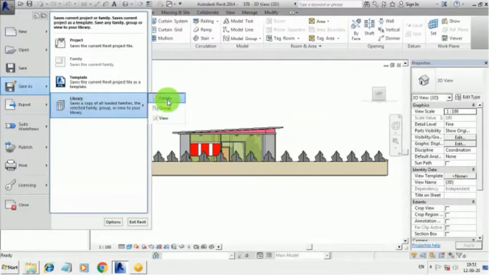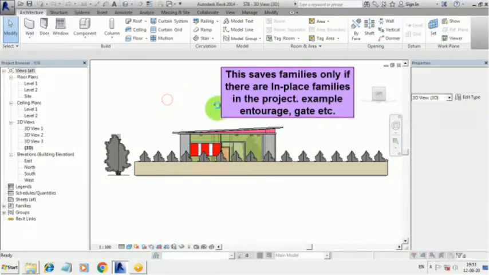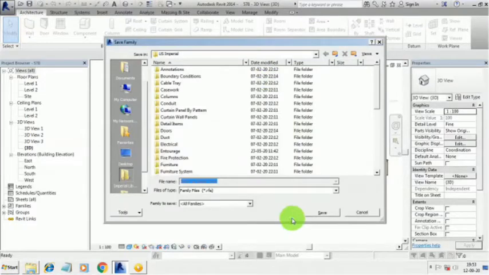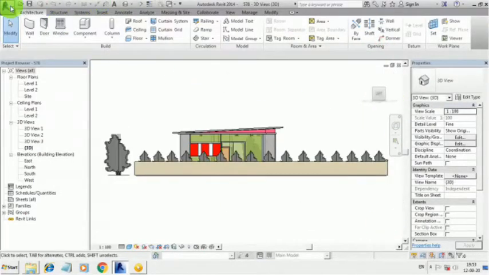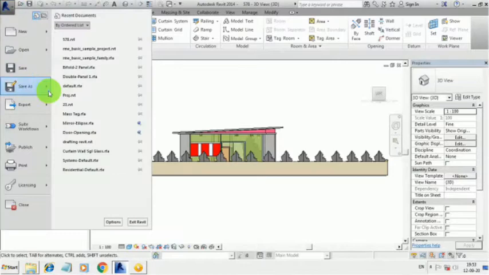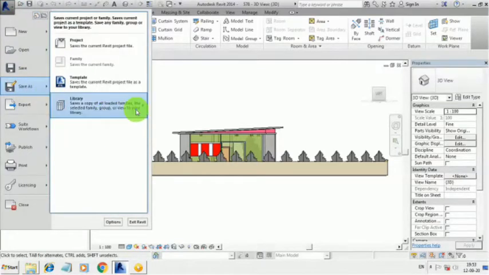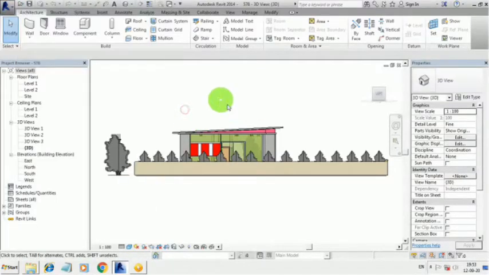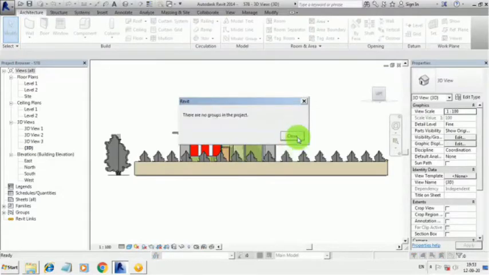Below this one we can see the Library option, which consists of three sub-options: Family, Group and View. Coming to the Family option, we can save any of the families present in the currently working project. Second is the Group option. We need to create certain model groups and save them in a specific file.